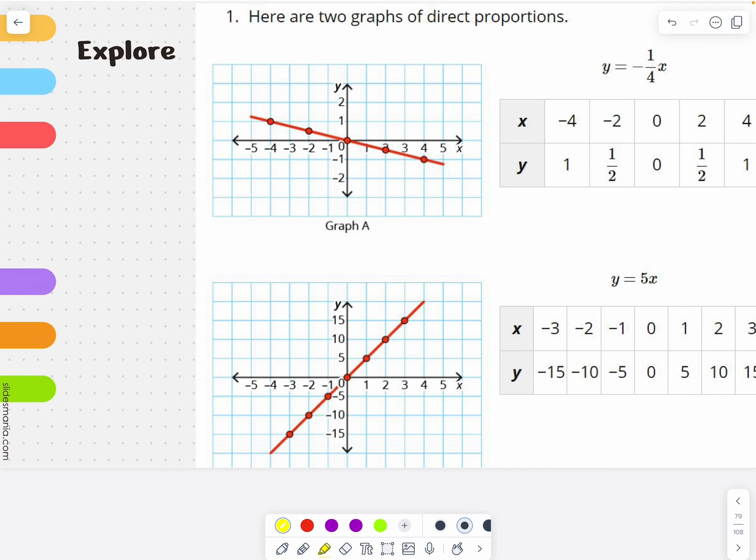The same thing on the lower graph. The red line, y equals 5x, and the table all say the same thing. They all say they're proportional. So if we look at that first one,